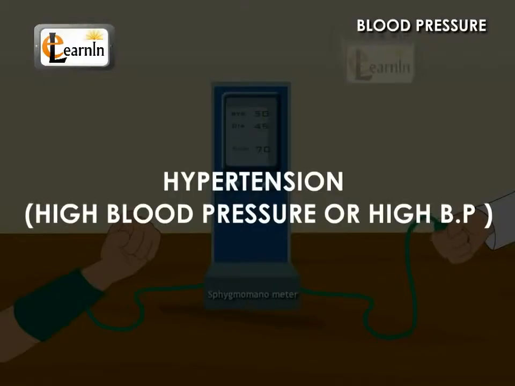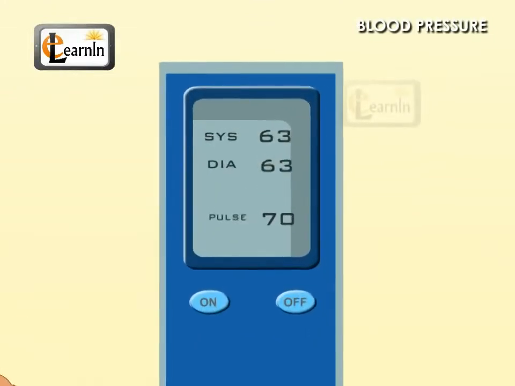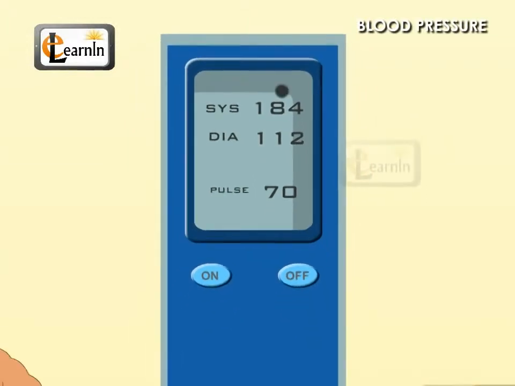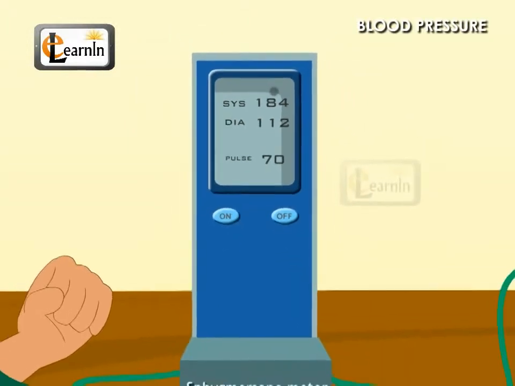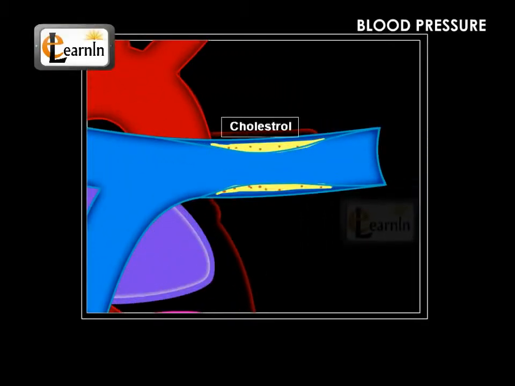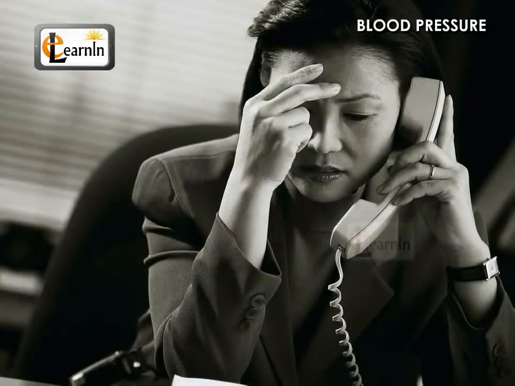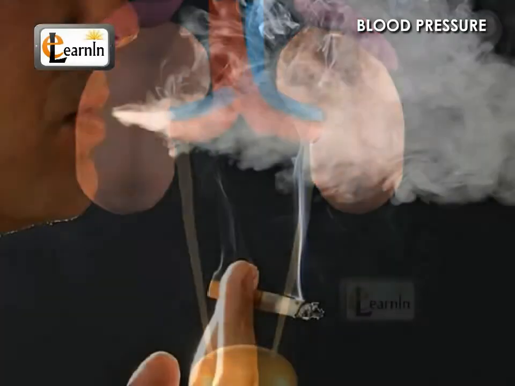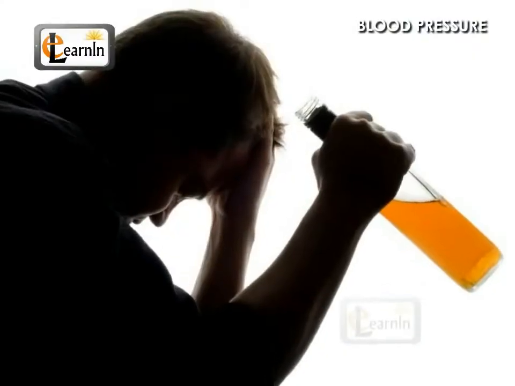Hypertension or high blood pressure. In some people, the blood pressure will be very high, more than the usual 120 by 80. Such a condition is called hypertension, usually called high BP. One of the reasons for this is the blocking of arteries by cholesterol. Constant stress and strain for a long time, improper functioning of kidneys, smoking, and alcohol consumption are also the reasons